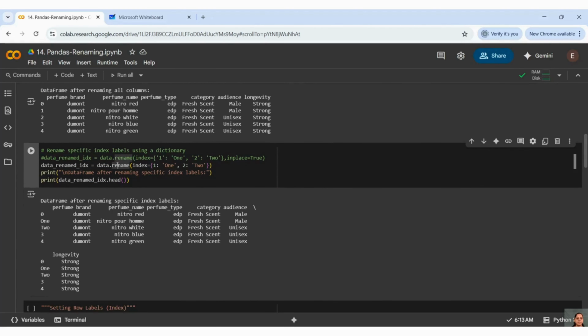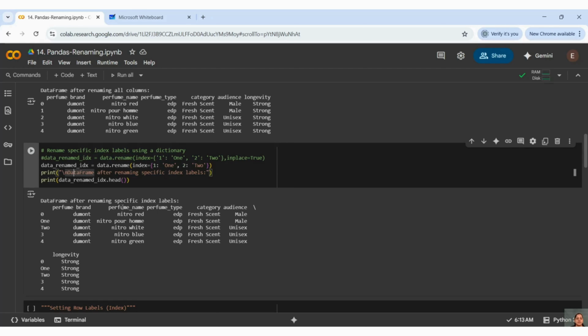Then we have something called renaming specific index labels. What we have to do here is rename a specific index. I have considered that you have a large data set and you have indexes. Indexes means, guys, when by default you are seeing 0, 1, 2, 3, those are nothing but one row, and that one row is denoted as one index number.